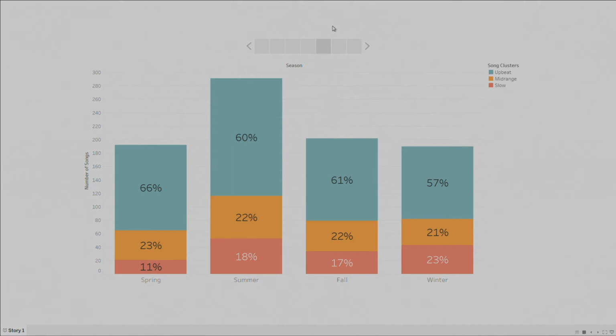So I decided to look just overall, big picture here, broke it down by season. And something that we can spot here pretty easily is I listen to a ton of music in the summer. I listen to most upbeat music in the spring, which I think makes sense. And winter is a bit of a downer time there. So some patterns were emerging, but I definitely knew that I needed more data. There's a lot more to be discovered here.